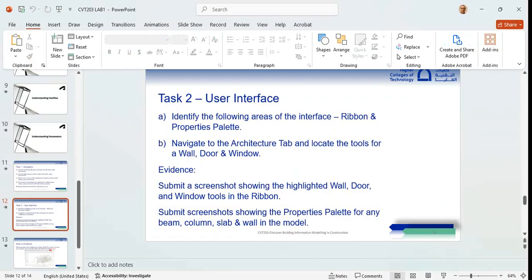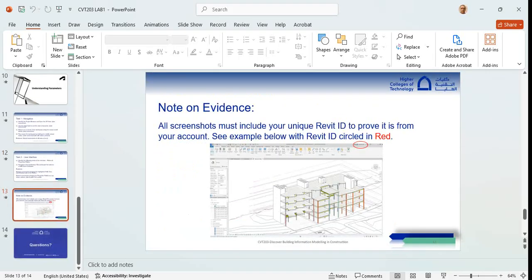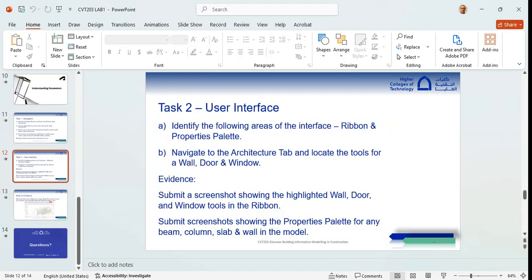Submit a screenshot showing the properties palette for any beam, column, slab and wall in the model. So we have done that. Let us now go to note on the evidence. All screenshots must include your unique Revit ID to prove it is from your account. See examples below with Revit ID circled. So what you need to do is, I've already taken the screenshot for the column. You must include a beam, a slab and a wall in the model also. After you have this